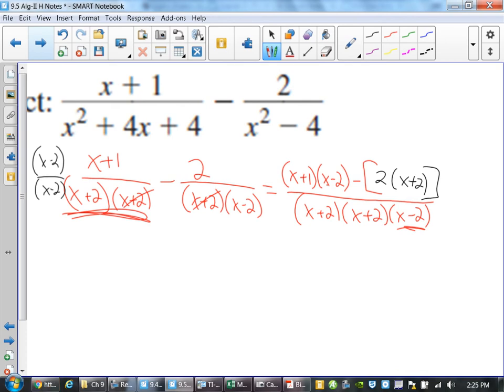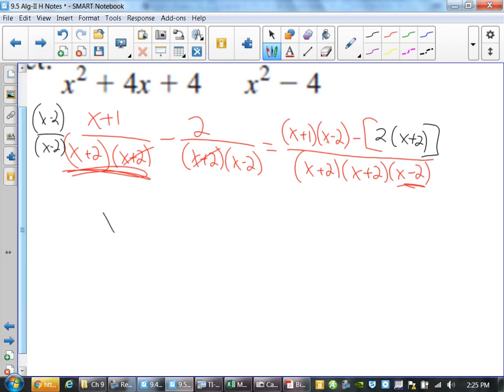Always simplify numerators. Combine like terms, all that kind of fun stuff. So we're going to get x squared minus x minus 2 minus 2x minus 4, I believe. Which gives me